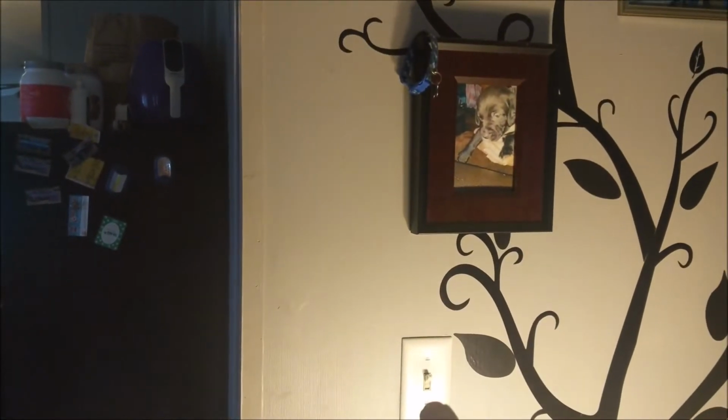Alright, so the next step in this process, now that we got our box all mounted up there nice and pretty, is we're gonna take down this piece of header right here, and then we're gonna punch a hole in there. We're gonna drop a piece of 14-2 down to this box and punch a hole in the ceiling, run it through here. But before we get to that, we're just...